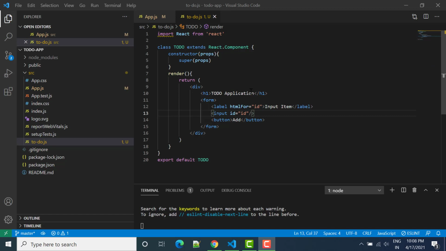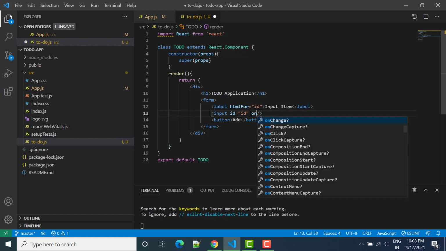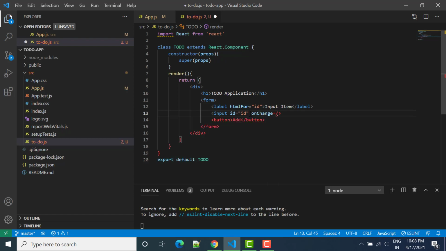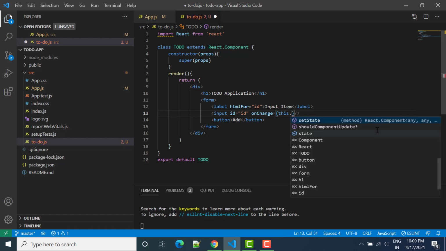In this tutorial, we will see how we can connect an HTML form with a React.js application. For that, we have to use states and some of the functions that are needed. Suppose we want to store the input value once we enter any data here. For that, we have to write onChange, and in this onChange we have to pass a function that will store whatever we add in that particular text box.